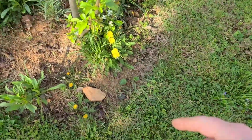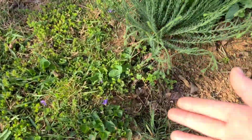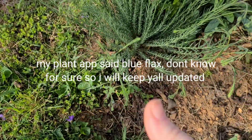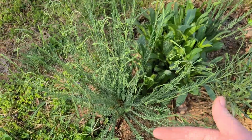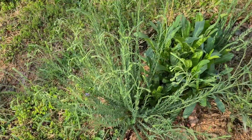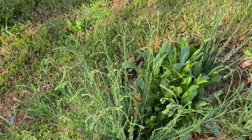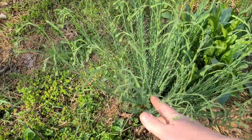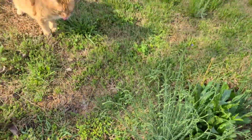I'm leaving those dandelions there for the bees. I don't know what these are, but they sure are pretty. They might be, I don't know, I'm gonna have to look, and I'll put it on the screen here. I'll look it up. I'll put it on the screen and tell you what they are. But aren't they really cool looking? They're like super wispy and...